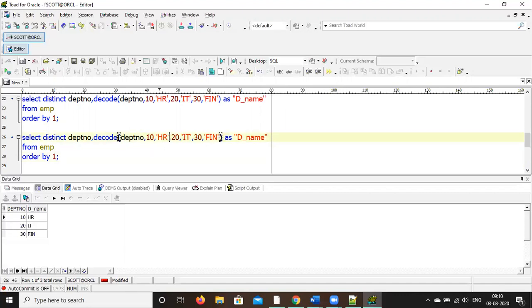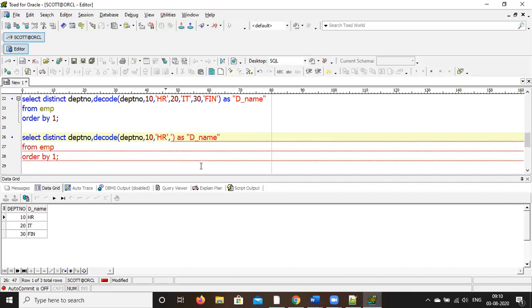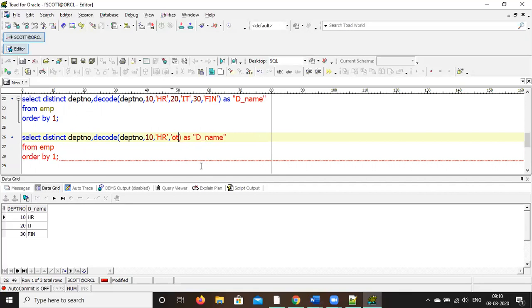From 20 to finance you remove. From 20, comma will be there, comma, within single quote others. Now run it.